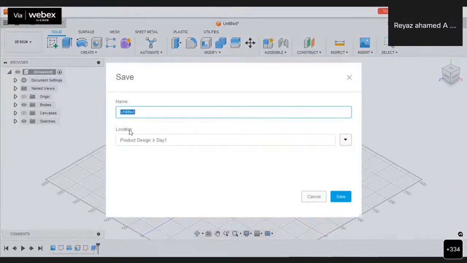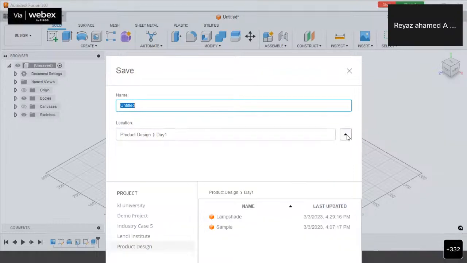See the location, we have to choose it. We all know that Fusion 360 is a cloud-based software. You need not save the object in your own system. The object can be stored in the cloud environment itself. Let me click here. Different kinds of projects are there.